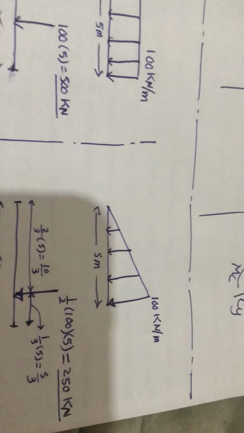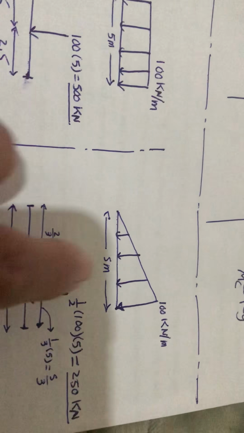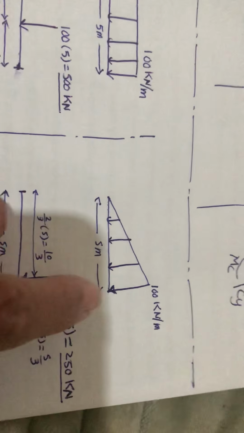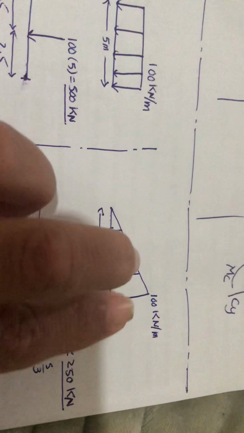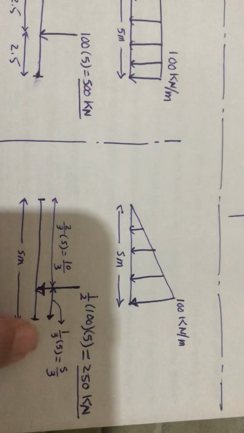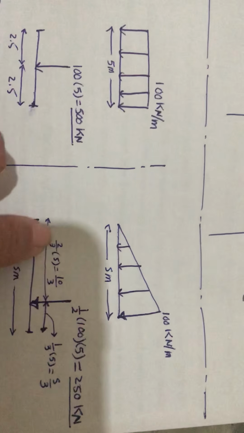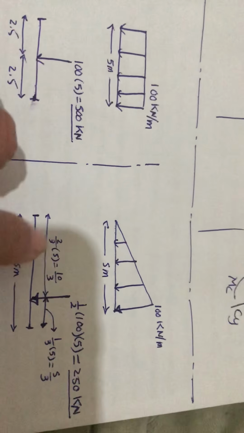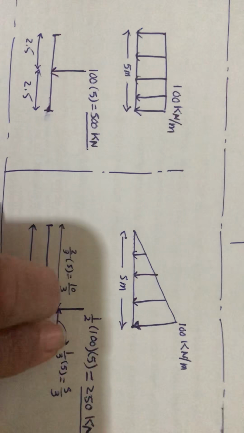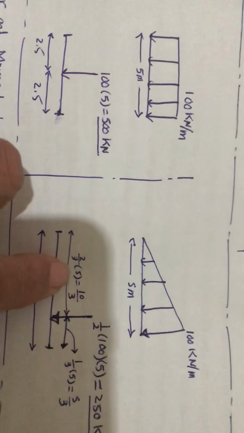Okay, then where is the loading, the distance or location of this loading? We know this loading is 250 kilonewton. The location of this loading is 1/3 of the 5. So 1/3 of 5 is 5/3. So it's here, 5/3. Okay? And the other side is 2/3 of the distance of 5. So 2/3 of 5 is 10/3. So the distance from here to the equivalent loading is 5/3, and 10/3 to the